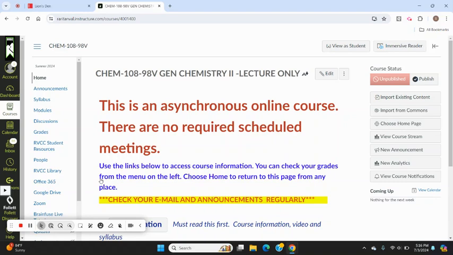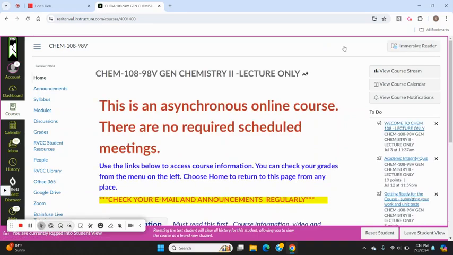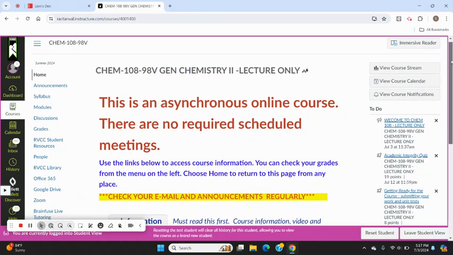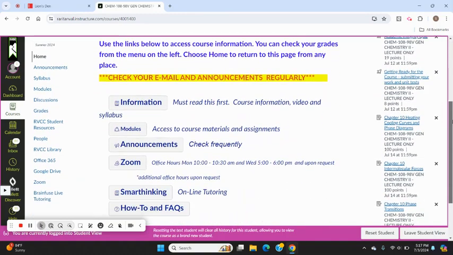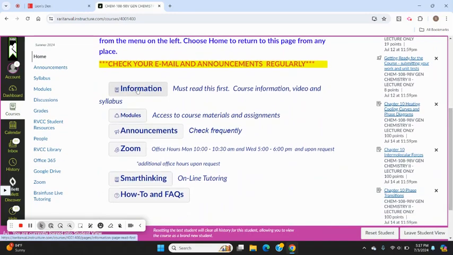Since my view is a little different than yours, I'm going to switch to student view so it looks a little bit more like what you would see. So over on the left-hand side, we have a menu of different pages that you can go through in Canvas. And on the home page, we can scroll down and there are various links. So first we'll look at the information link,